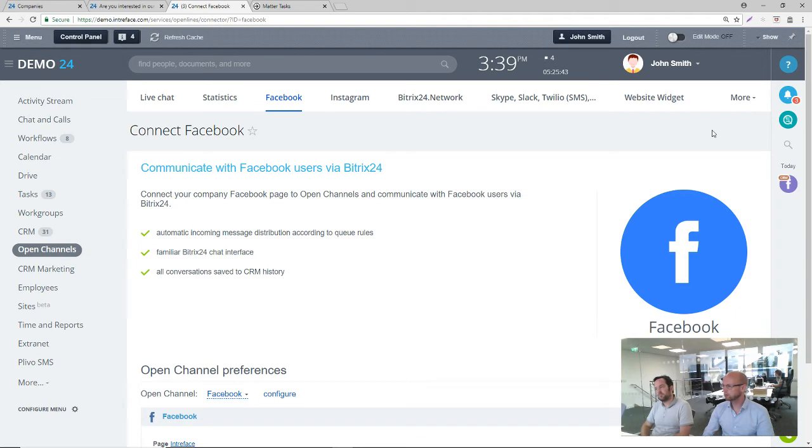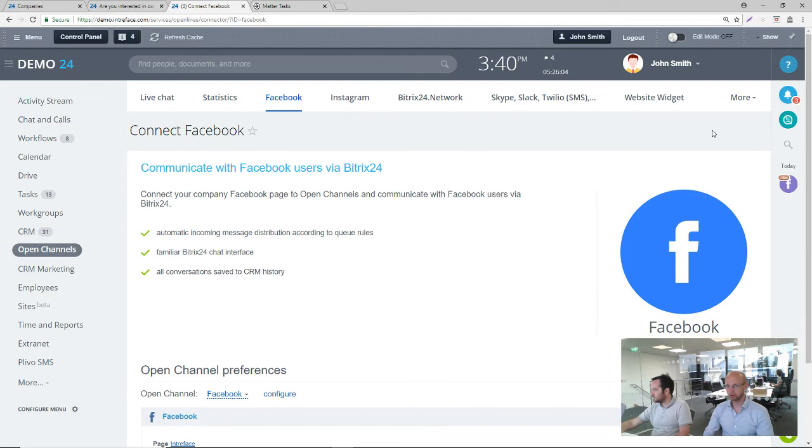Yeah, so you're replying to messages from multiple channels in one place, but you're also able to record those messages against contacts in the CRM or generate new leads stored in the CRM. So it makes a lot of sense. Not only can you reply to messages much quicker, potentially quicker than having to reply individually on different platforms, but